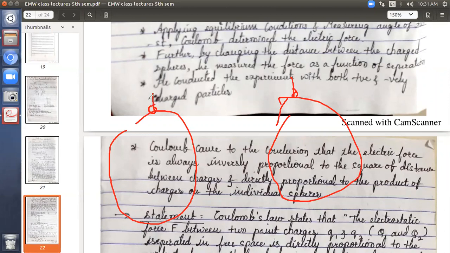So after blowing these balloons, tie the thread so that the air will not go out. And after that, you rub these balloons over your hair. If you have applied oil, it is well and good. You rub the balloon surface slowly with the hair. Okay, don't overdo it so that it bursts. Just rub it gently for a few seconds, some 30 to 60 seconds, both balloons. And after that, you take one balloon in each hand and try to bring those two balloons nearer. You observe what will happen.